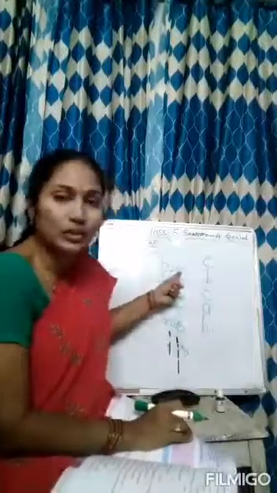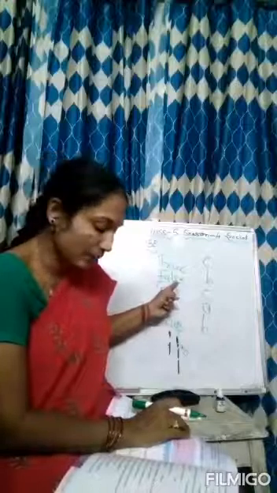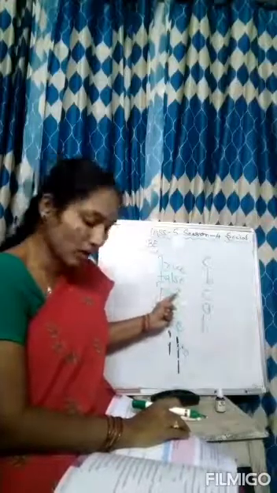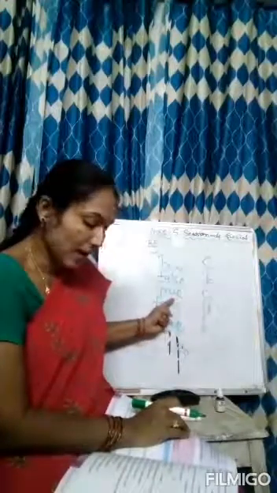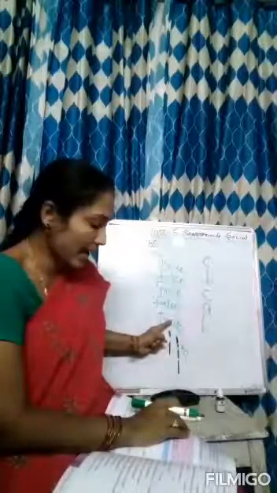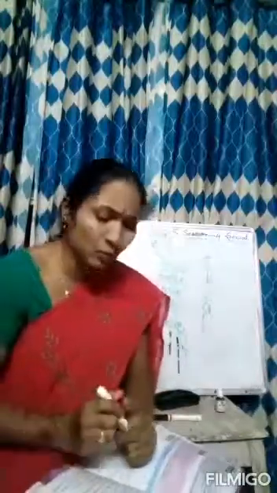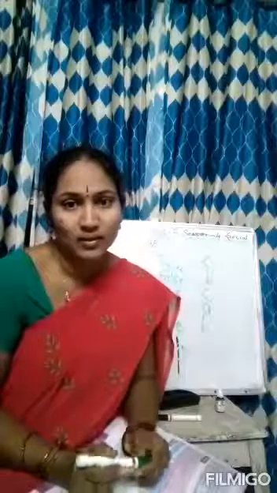Once again I am repeating. The equator is the longest latitude. True. The shape of the earth is a perfect sphere. False. 70% of the earth is occupied by water. True. There is life on all the planets of the solar system. False. The two endpoints of the earth axis are called the poles. True. I have given you the answers for both the fill in the blanks and the true or false.